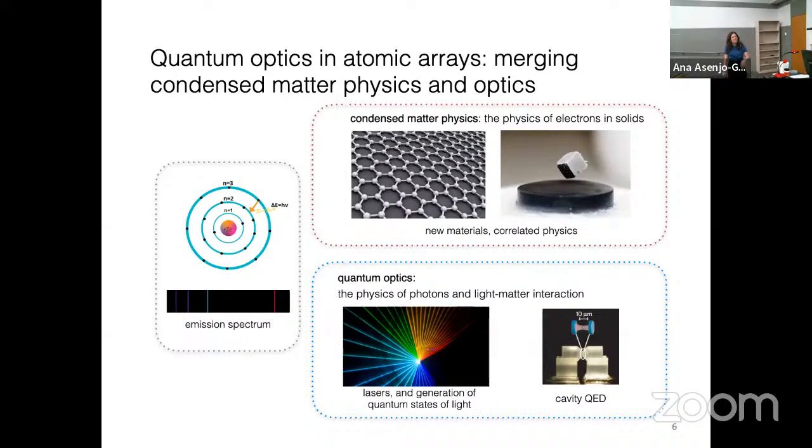10 more times. But anyway, when people were looking at the emission spectrum from atoms, they would see these discrete lines. And so Bohr came up with the model of the atom that we know is not correct, in the sense that we know that electrons are not circling around the nucleus, but he got something right. That is the fact that energy is discretized, and so the electron jumps from one orbital to another and emits